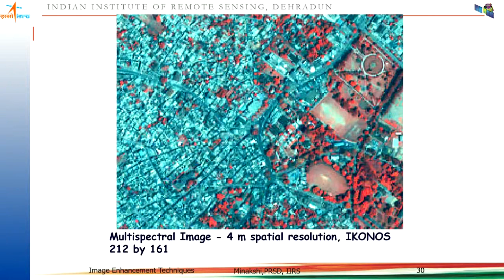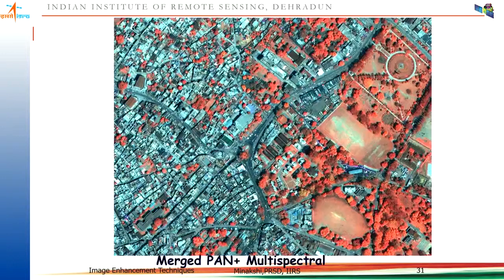The multispectral is 4 times lower spatial resolution, that is 4 meter. And I wanted my features to have very clear boundaries. So I used the image fusion technique and I have the high spatial resolution image with high spectral information content. So it's merged or fused or pan sharpened, different names it is called. So these are the three different categories of image enhancement techniques that we have discussed today. That's all.